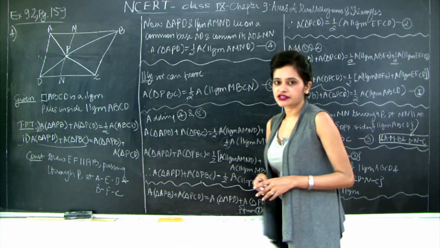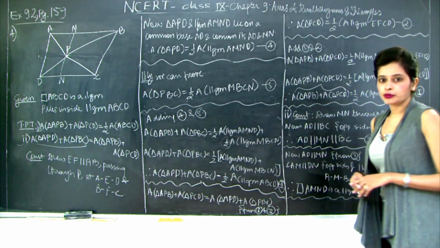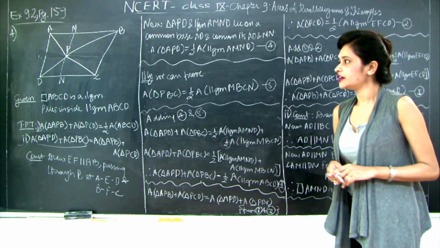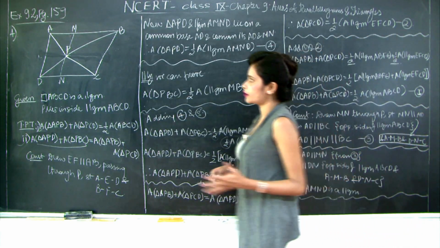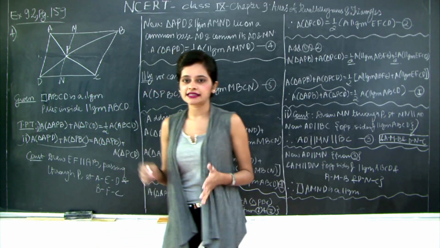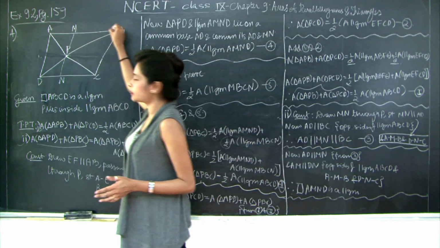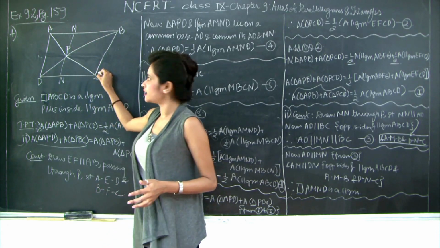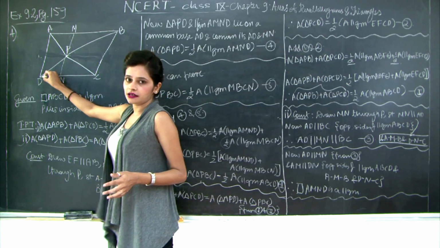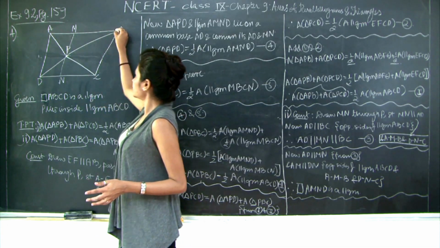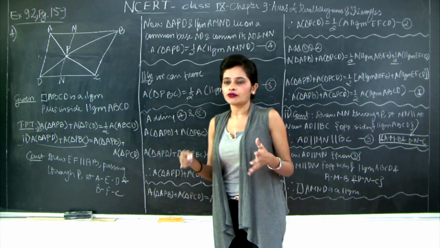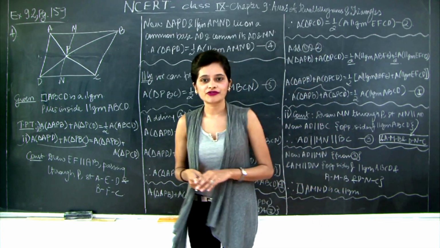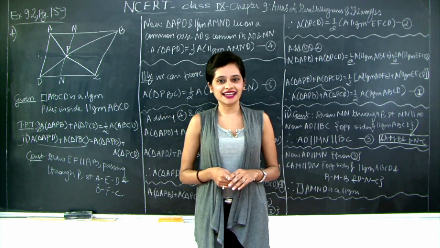Please take a look. This was a very lengthy sum. I hope you have followed while I explain the sum to you. It is very simple but just a little bit lengthy. Just make sure that you have the concept of base and parallel clear. See here, for this triangle, this was the base, that was for APB. For PCD, we had this as the base. Now for these vertical parallelograms, this was the base and this was the base. So make sure you are aware of which the bases are and which are the corresponding parallels. So this was about question number 4. We will continue with the remaining questions in the next videos.